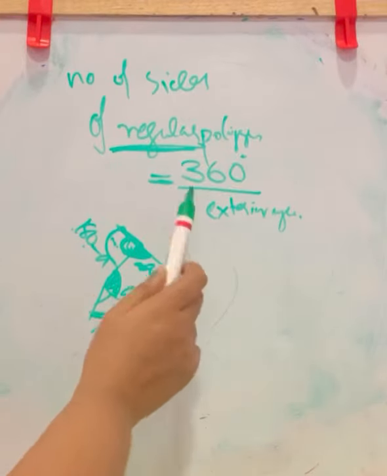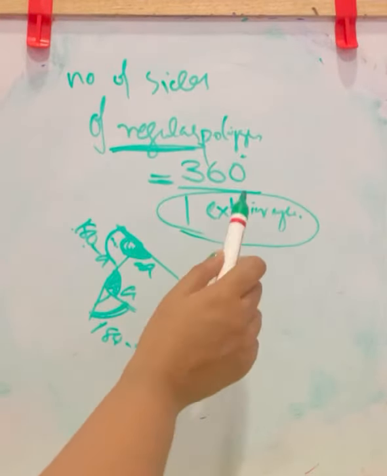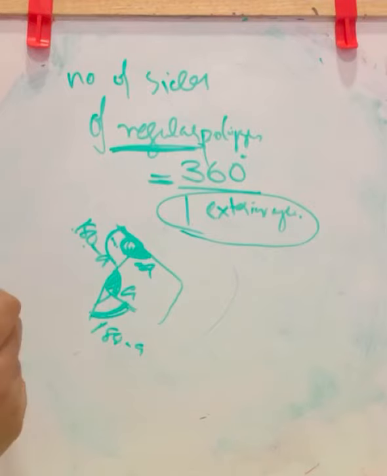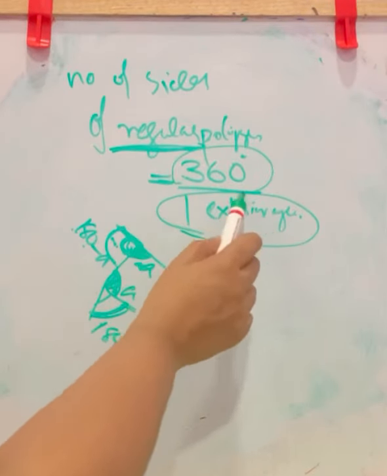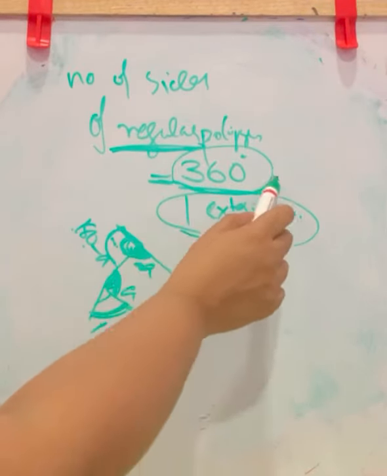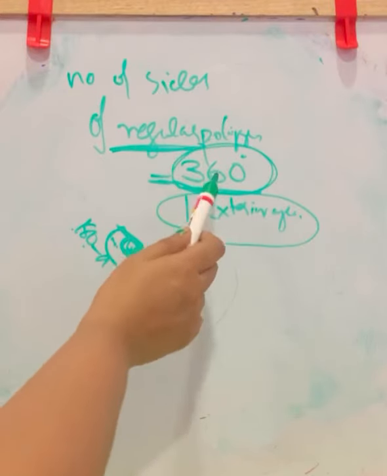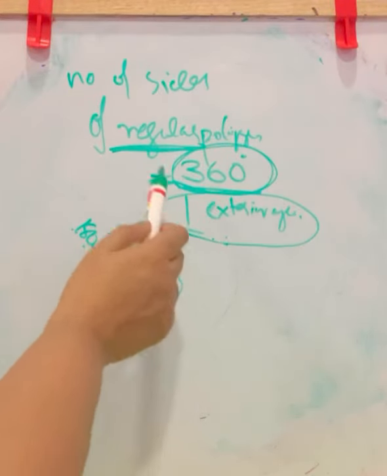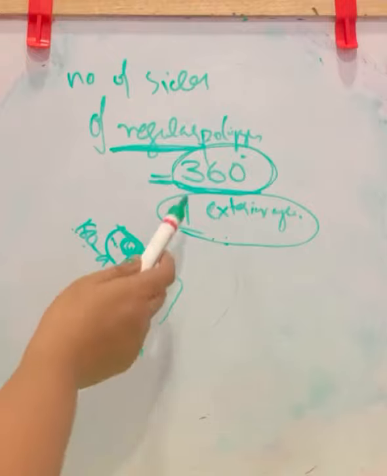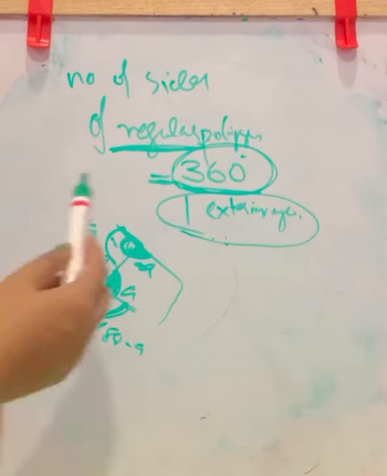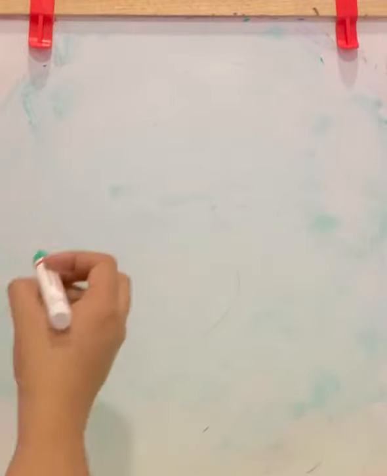So if one exterior angle is given, we can find the number of sides. We know the total sum of exterior angles is 360, so 360 divided by one exterior angle gives the number of sides. This we have to apply in the problems. Next, coming to exercise 3.2, find the x in the following figures.